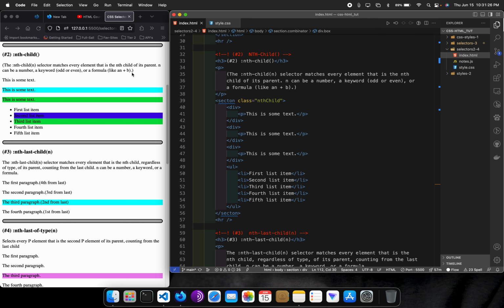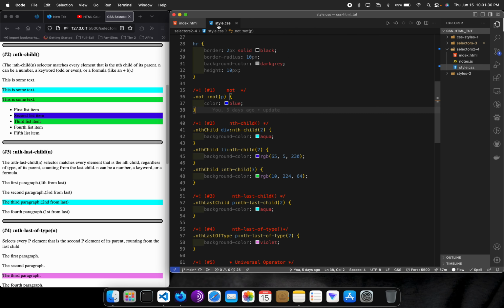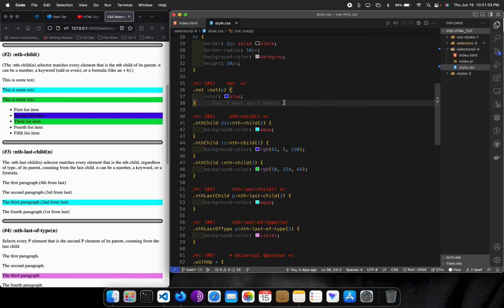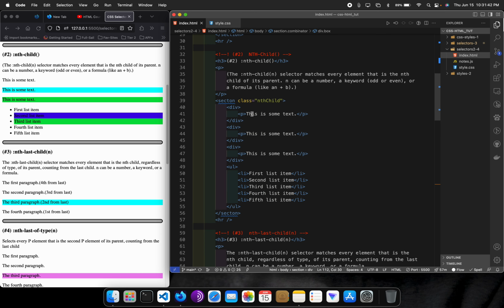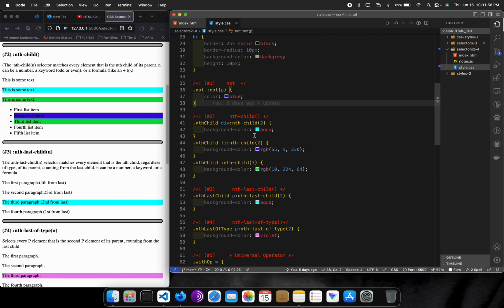So what we're doing here is we're using a couple examples. So we got our nth child, which is using our paragraph. Actually no, we got our divs. So we got 1, 2, 3. We got 4 divs and an unordered list. We got a paragraph tag in each div. Okay. So what we're doing is